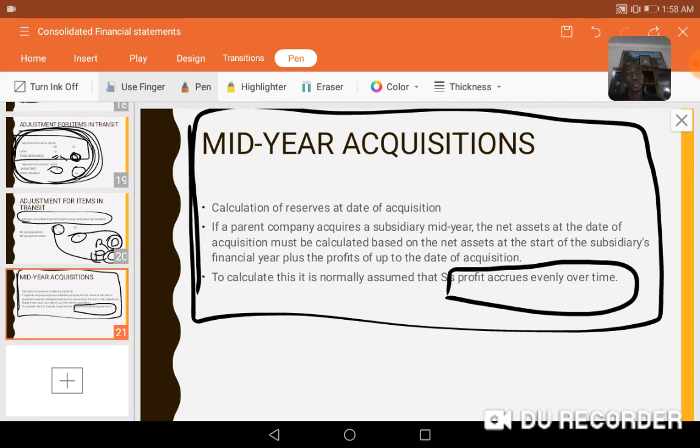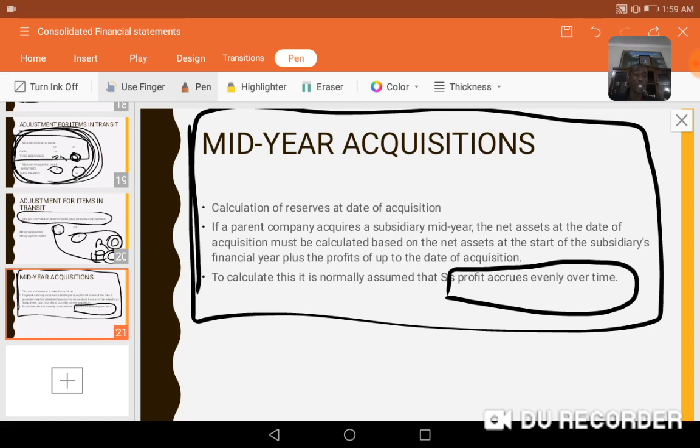If we acquired the subsidiary in the 6th month, it means that we are only entitled to the remaining 6 months after we have acquired them. If we acquired them in the 3rd month, it means that the remaining months, which are 9 months to go before the accounting year ends, that profit relates to the group,